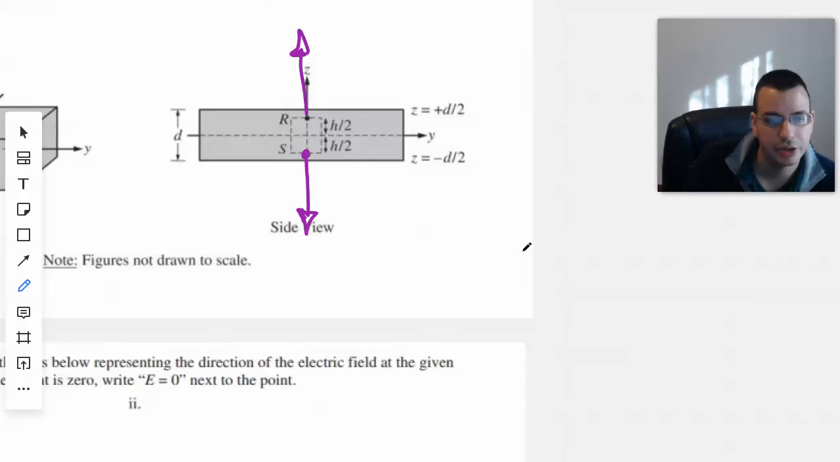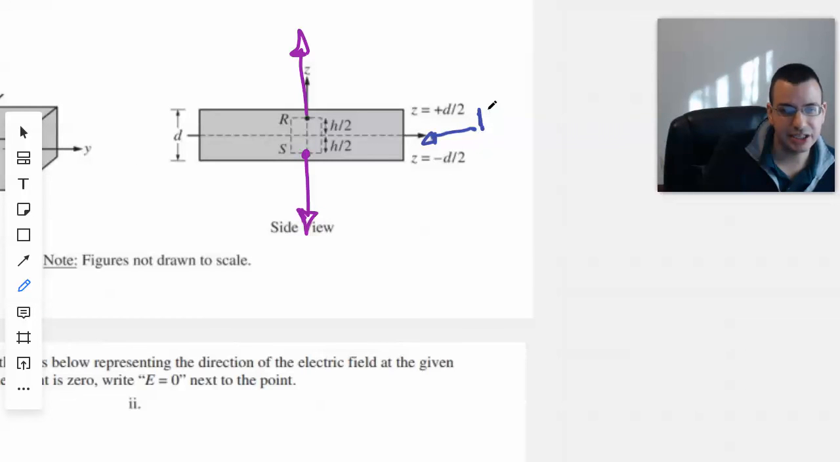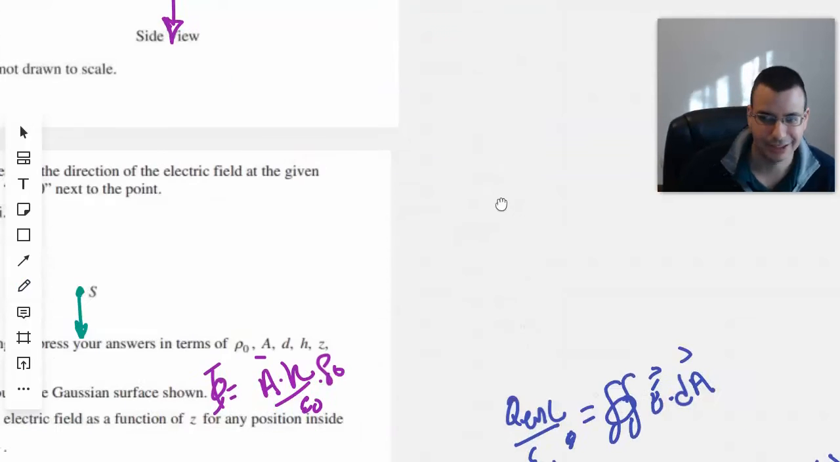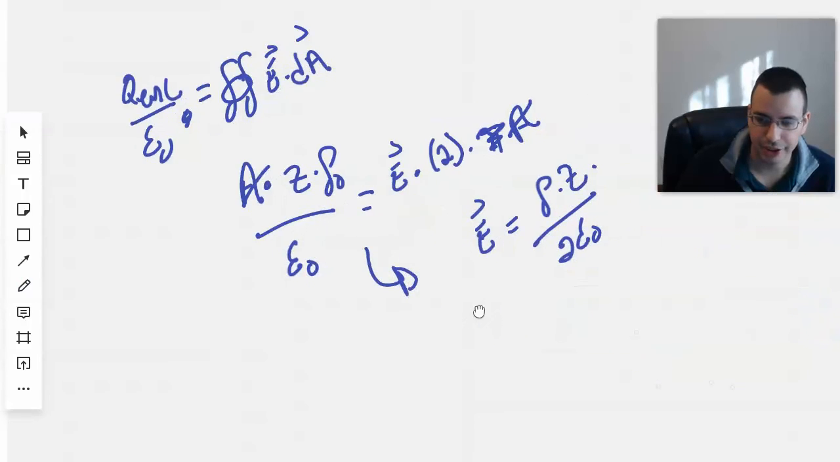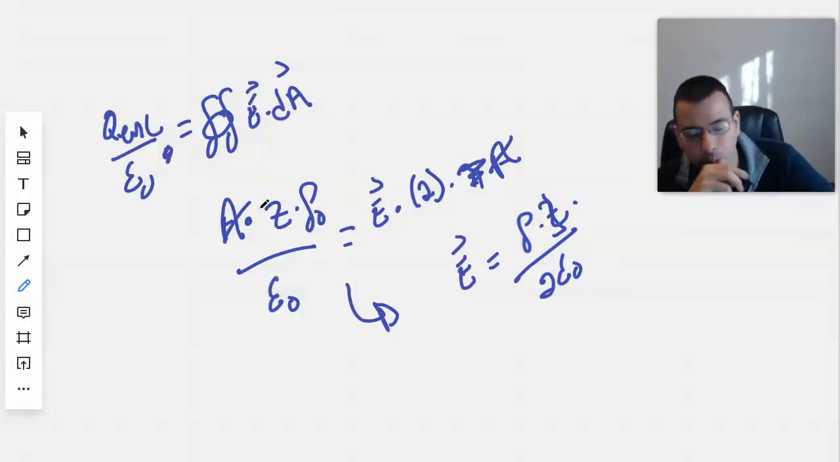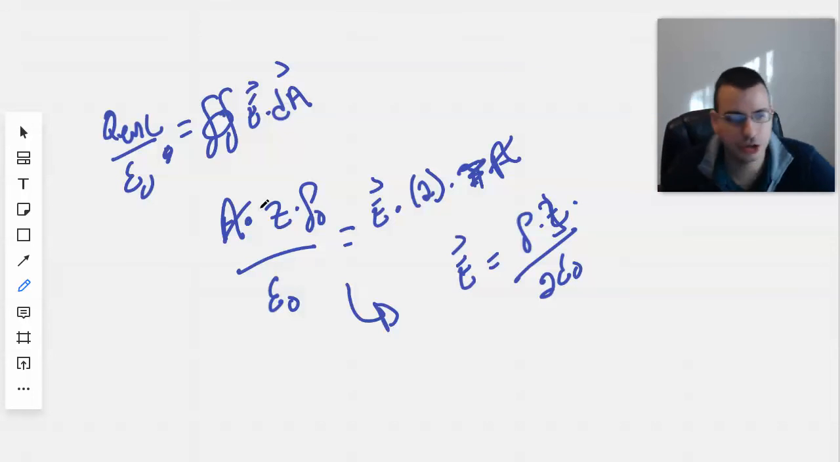Okay. So here's the thing. Z is just half of the length. So they're going from positive Z to negative Z. You tricky. Okay. So we're going to have to double Z here. So the Q enclosed will be 2Z,